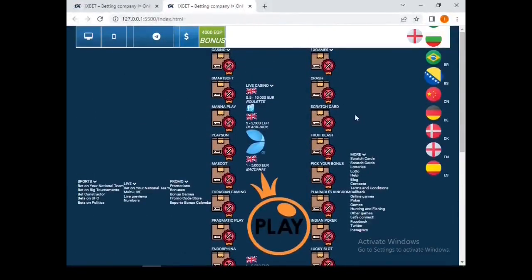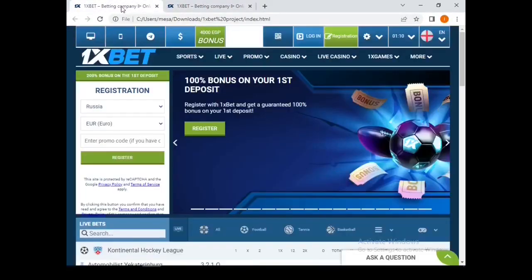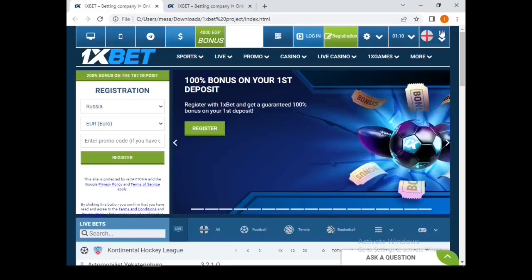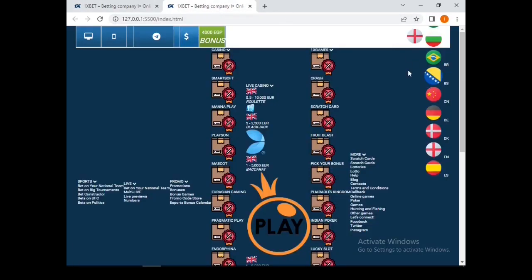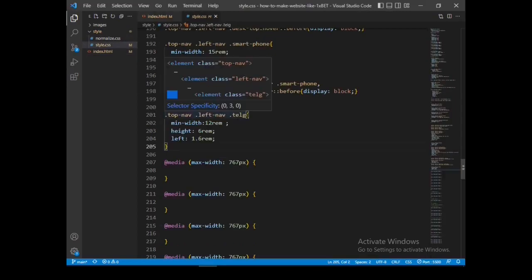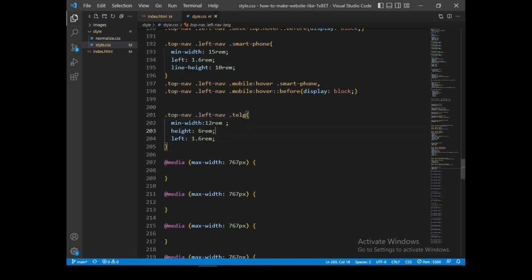So now I'm going to do more styling to make sure that the design looks as close to what is required. I'm also going to design this flag one. I left it out, so I need to style it correctly. Okay, so now let's get inside our style CSS file. This class name, this class link,